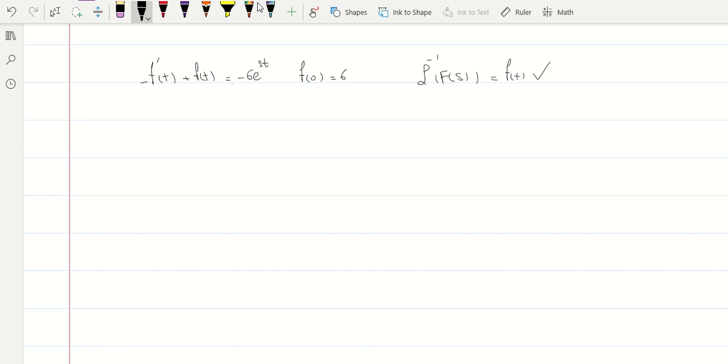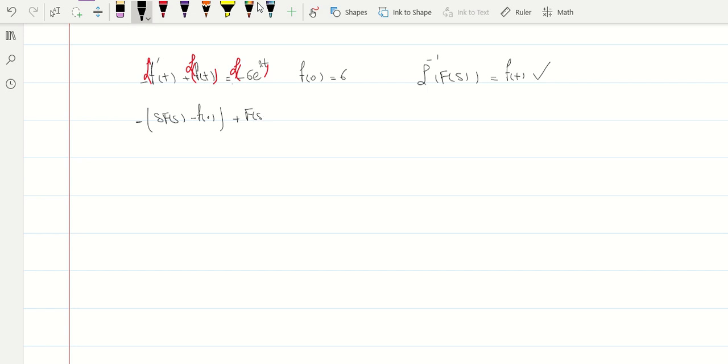So we're going to start by taking Laplace of each of these terms, right? We want to take Laplace of each of these terms. The first one is minus f prime of t. Minus can be moved in front of the Laplace. So it would be minus Laplace of f prime of t. So it would be s times F(s) minus f(0) plus Laplace of f(t), which